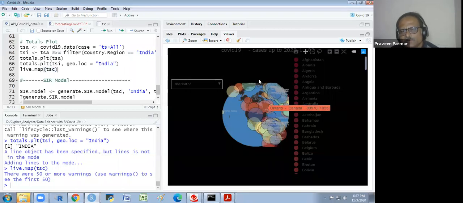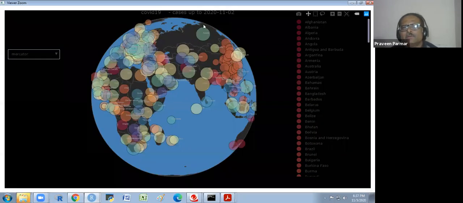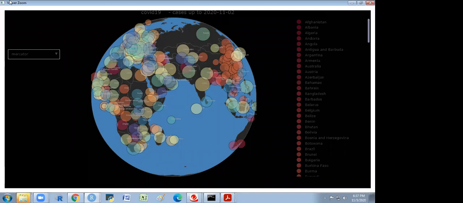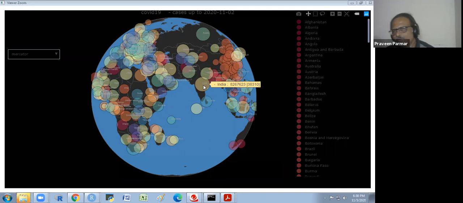So it will give us this graph because we have to set something prior to that. And COVID-19 cases, everything is there. I will show you in the Zoom. You could see here, it is up to the date 2/11/2020. In each country you could see two figures. One is the confirmed cases. Second is the deaths. This is 38,310 persons died through the COVID.